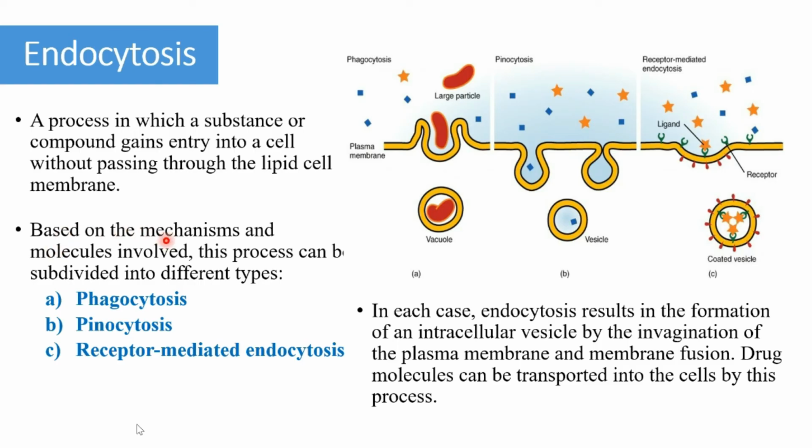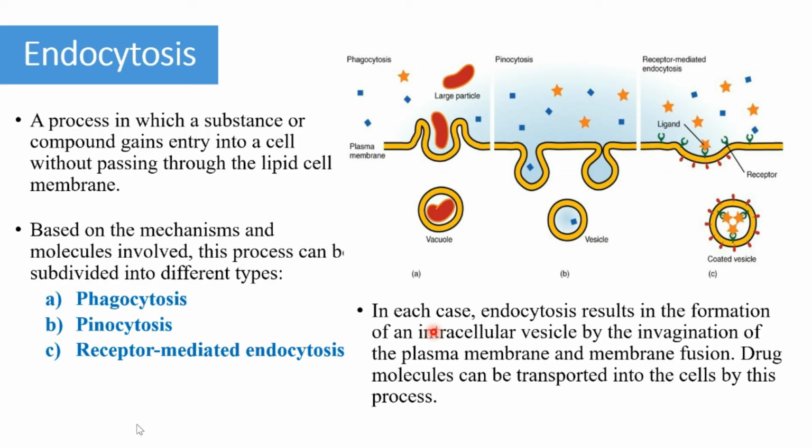And based on the mechanism and molecules involved, this process can be subdivided into different types. So it can be phagocytosis, pinocytosis, and receptor-mediated endocytosis. Here are the differences. So here is phagocytosis, and then pinocytosis and